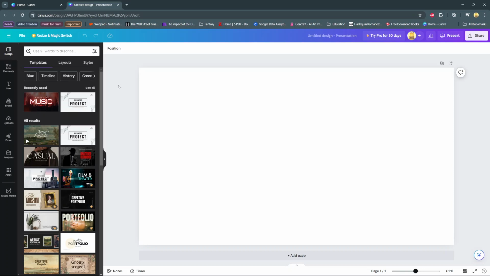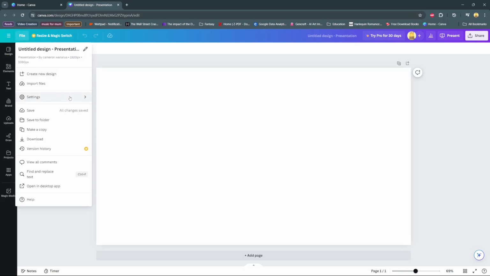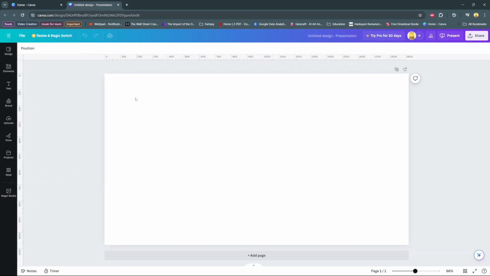So the first step is to open your project. Then from here you should see the option File at the top of your screen. Click on it, and under File go to Settings, and you should see the option Show Rulers and Guides, so select that as well. And then from here you should see your rulers, and if you wanted to add guides,